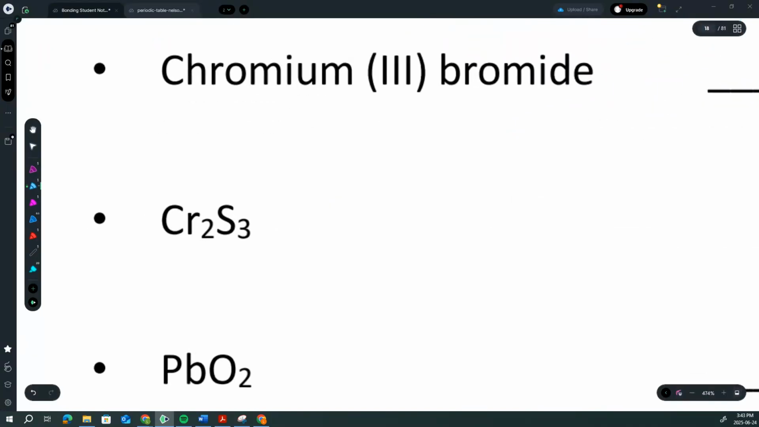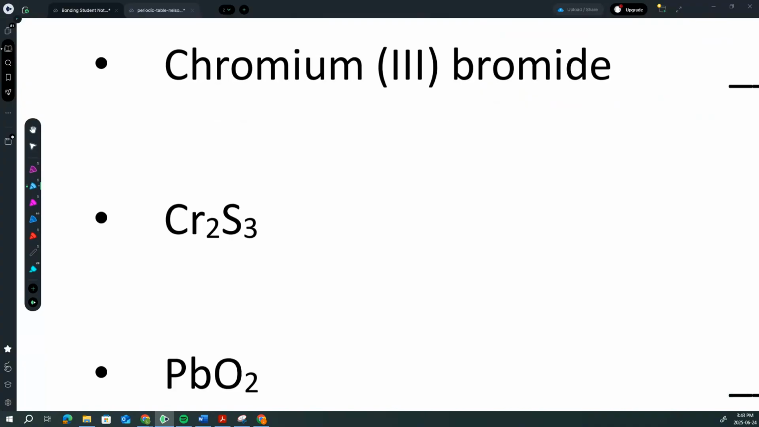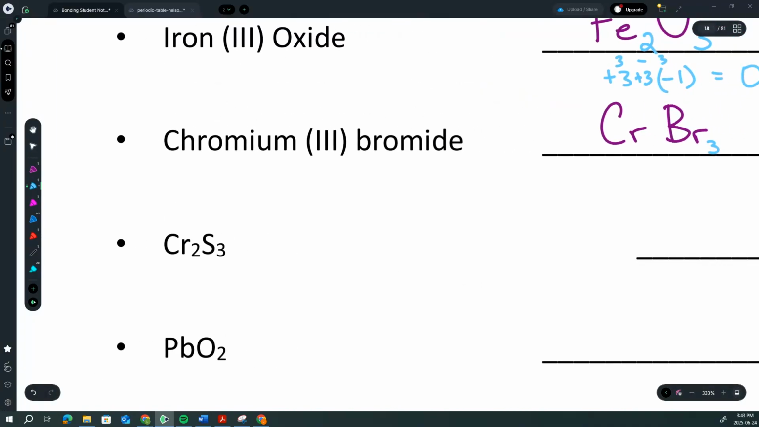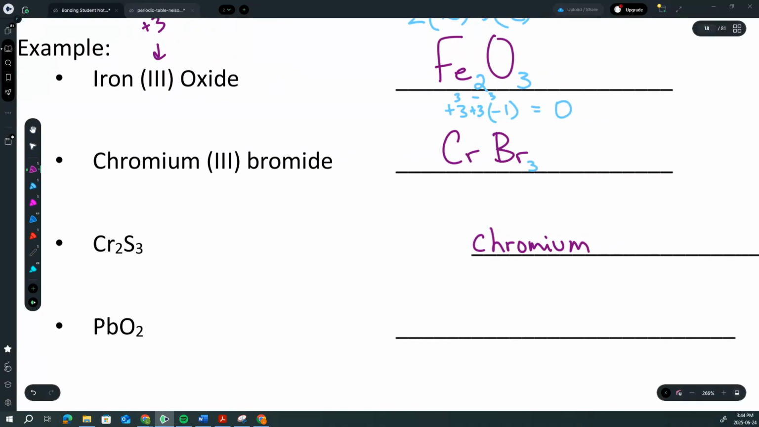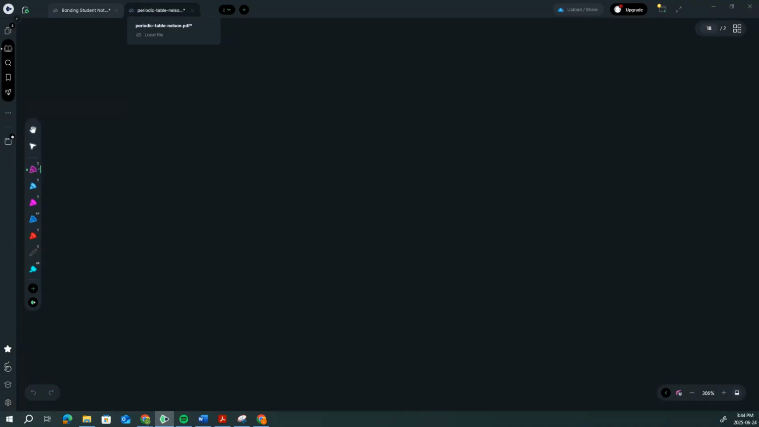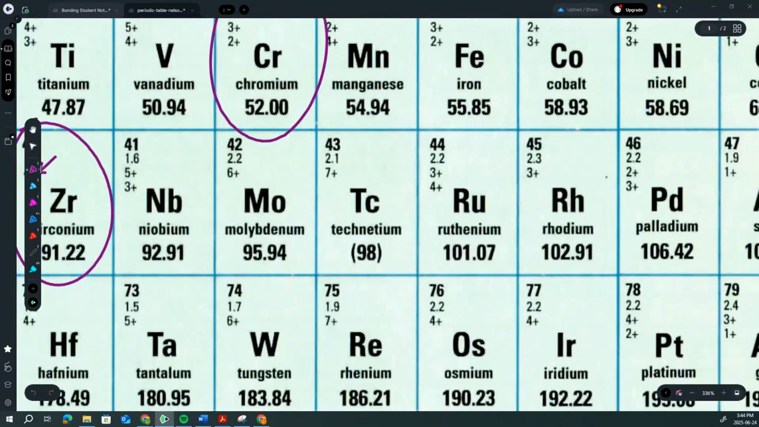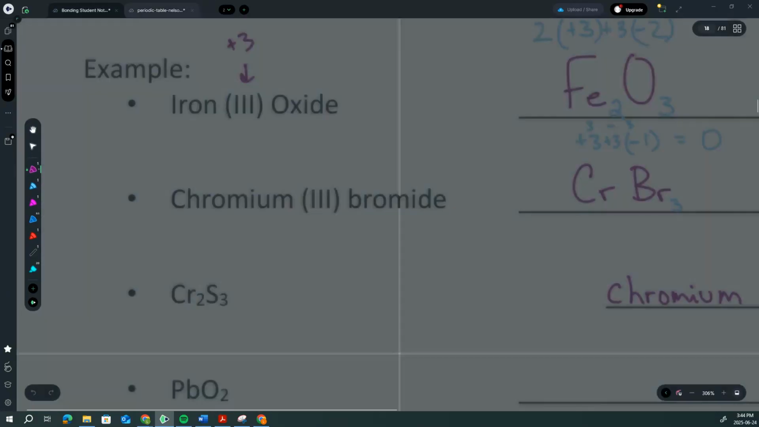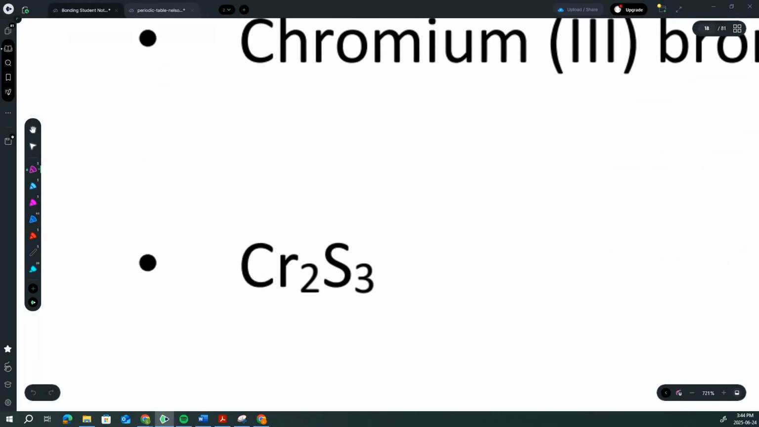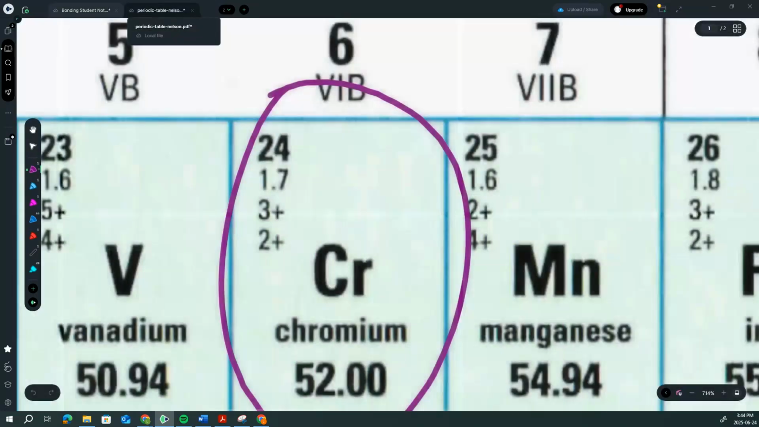For our next example, we have Cr2S3. We know that Cr from our previous question is going to be chromium. However, we've got to figure out what charge this is going to be. Our options for chromium are either 3+ or 2+. If I take a look at the sulfur first,